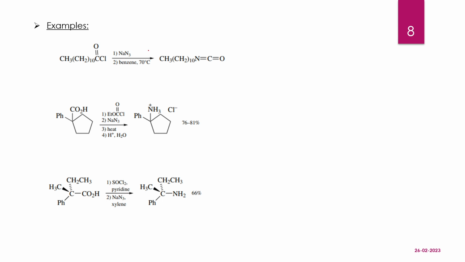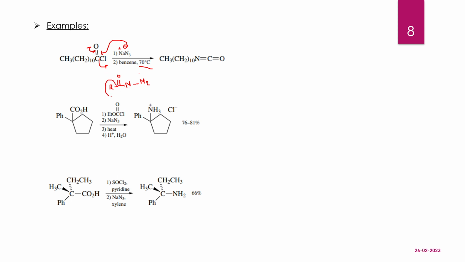So how is this happening? From the explanation, you can understand that first we have sodium plus and N3 minus. This azide ion will attack here, and this chlorine gets removed from the system. I am just taking this as R, so giving us this type of acyl azide. Then on heating,